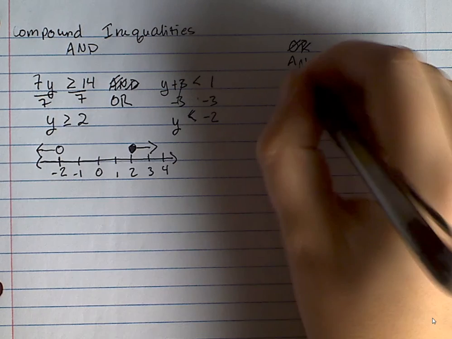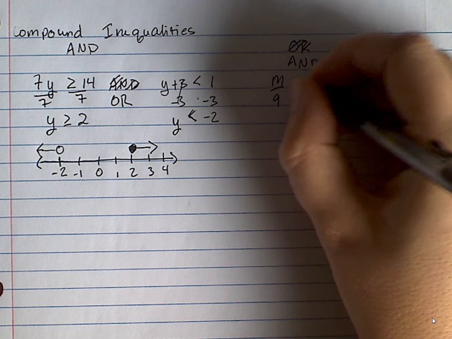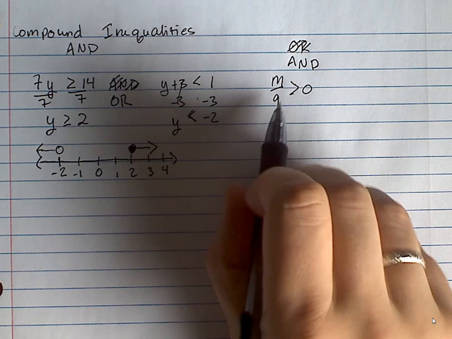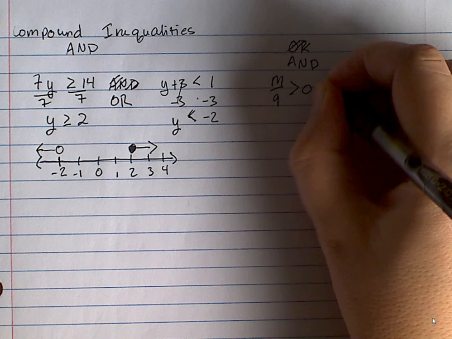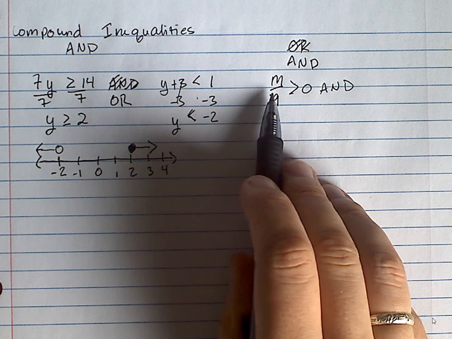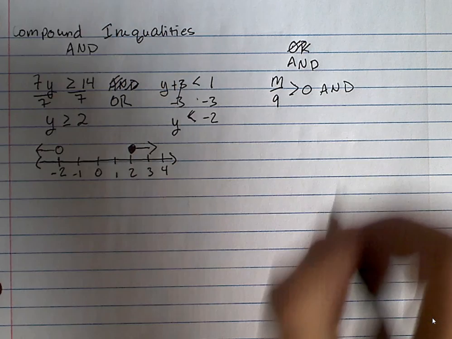So let's do m divided by 9 is greater than 0. M as in that's tasty. M as in Macklemore is a rapper from Seattle. m divided by 9 is greater than 0, and m plus 9